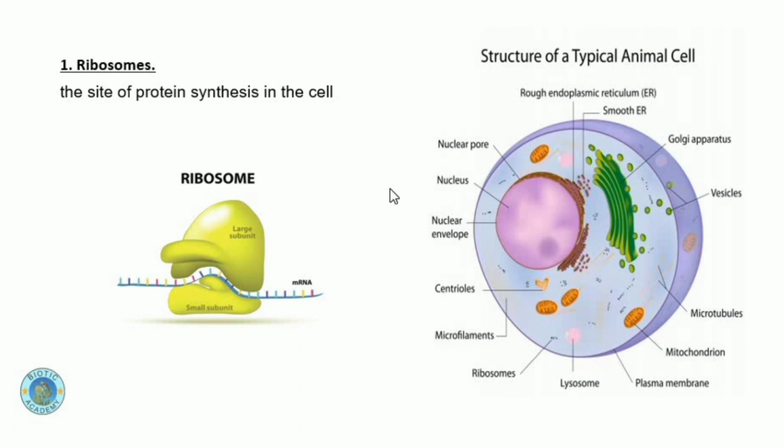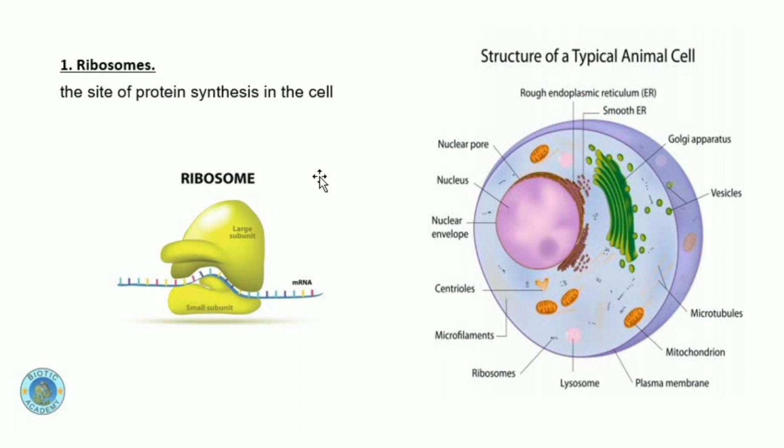Now among the organelles, first of all, we'll begin with the ribosome. Ribosome is basically a very important structure within the cell. Ribosomes are present in prokaryotes and eukaryotes, both types of cells, and their function is to perform the job of protein synthesis. We will be discussing the process of protein synthesis in detail later on in the next part of our syllabus. So the main function of ribosome is protein synthesis, which is a very important function because